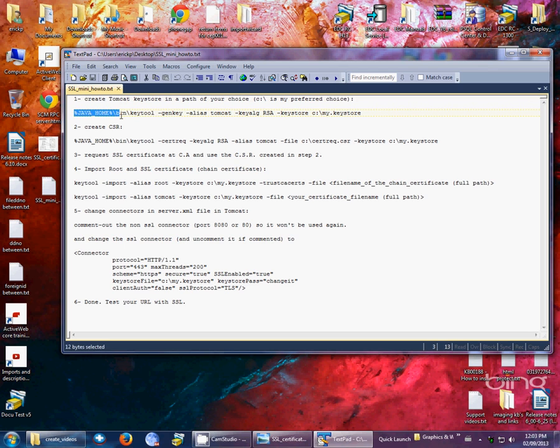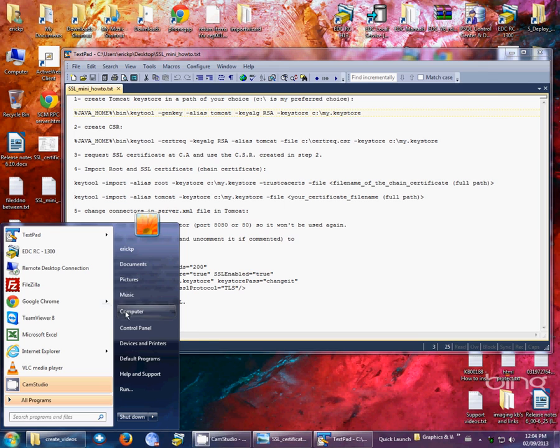That usually you can just put that command straight up into your command line prompt and it will work. Me on my machine though, it didn't work because my Java home environment variable was not set. And on some machines it's not even set at all. So you could go through the trouble of creating the environment variable, but I'm not gonna do that. I know that my keytool here basically is in the JDK bin directory. So what I'm gonna do is just go to the bin